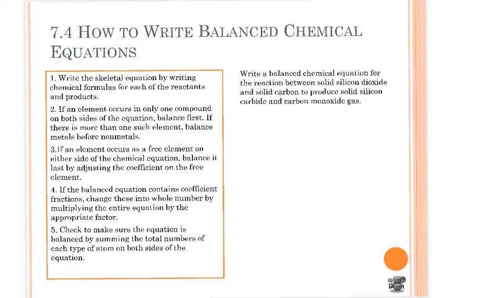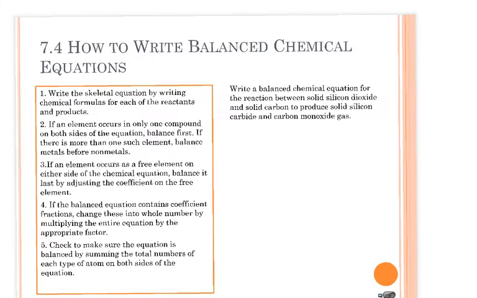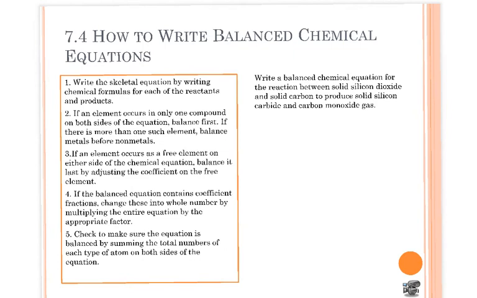Okay, let's see how we can balance chemical equations. And these are some of the rules in your book that break it down step by step. First, we have to write the skeletal equation by writing the chemical formulas for the reactants and products. So we're going to do it for this problem right here. Write a balanced chemical equation for the reaction between solid silicon dioxide and solid carbon to produce solid silicon carbide